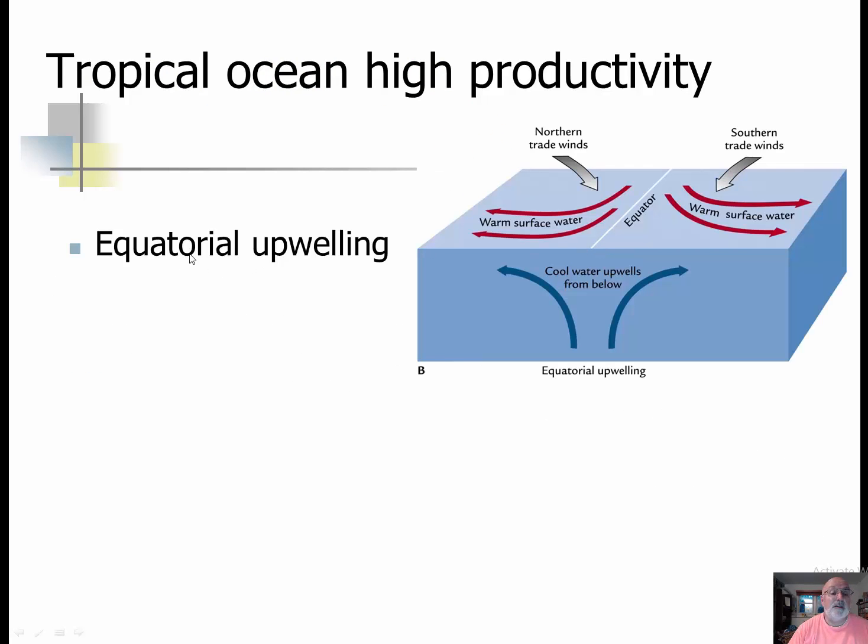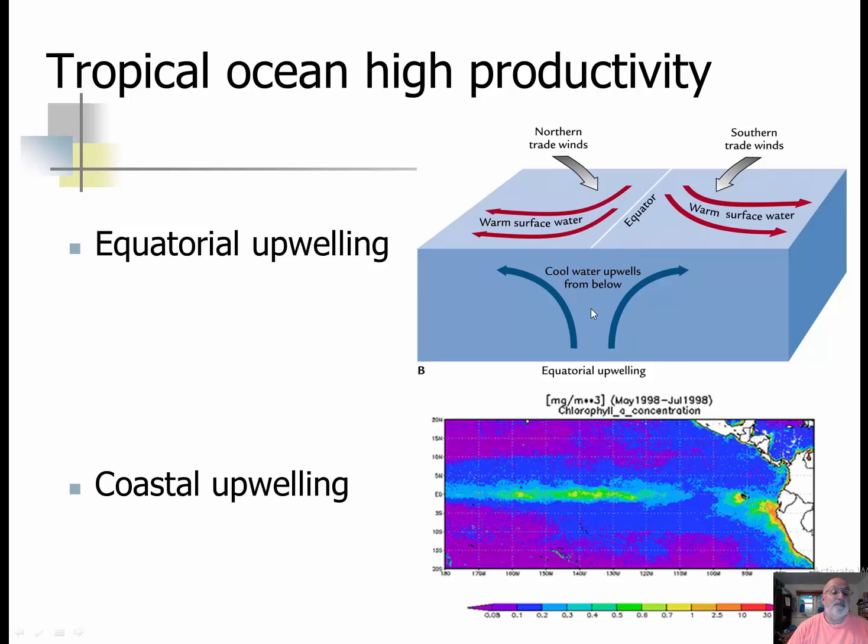You do get that near the equatorial regions where you get the northern winds moving this way, the southern winds moving this way, and because of the Ekman current, you get water moving to the right at 90 degrees and to the left at 90 degrees in the two hemispheres. And what that does is it pulls the water away from the surface and brings up a little bit of upwelling from below. And you also get coastal upwelling where you get winds coming off the continent and it takes